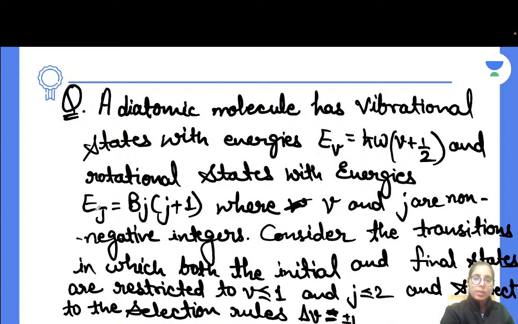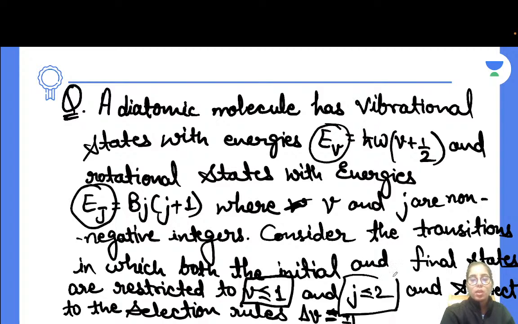So, the vibrational energy and the rotational energy, both the expressions have been given here. V is less than or equal to 1 only is allowed, meaning 0 and 1, two values are allowed here. J is less than or equal to 2, so J is equal to 0, 1 and 2, three values are allowed. But the transition for V which can take place corresponds to plus minus 1, which is 0 to 1 only. And in case of J, 0 to 1 and 1 to 2, two possible values you will have.